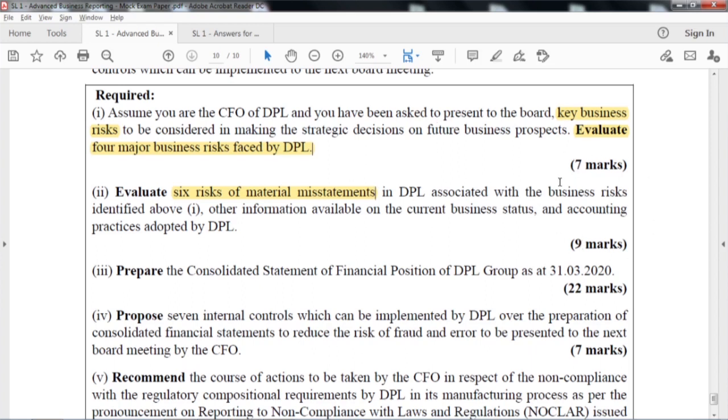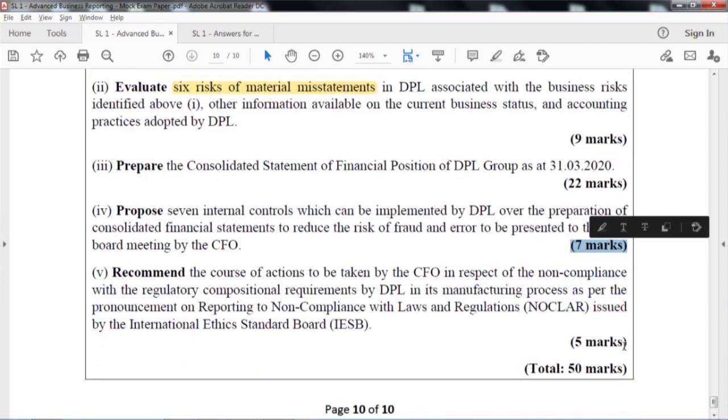And then prepare consolidated financial statements, that is outside my scope, I do not take this now. I am sure your financial reporting lecturer would have done a great job in this. And question 4 is again this subject, right, that is 15 plus 7, that is 22, and this question also from this paper, 22 plus 5, 27. Now, you see, out of 50 marks, 27 marks.